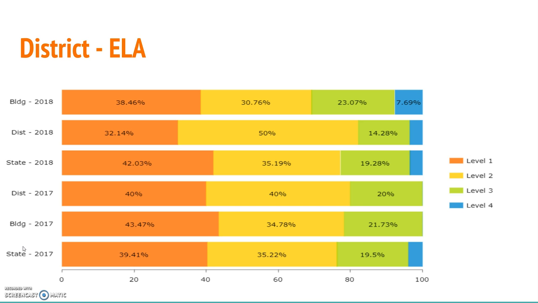But you can see level 2 is comparable, and level 3 and 4, again, district-wide is comparable. Building-wide, we're a little bit better in level 4, but I'm looking district-wide specifically. 50% of our students are level 2,